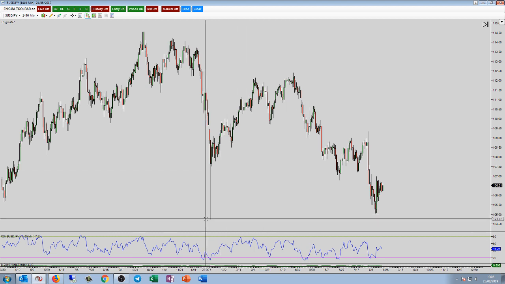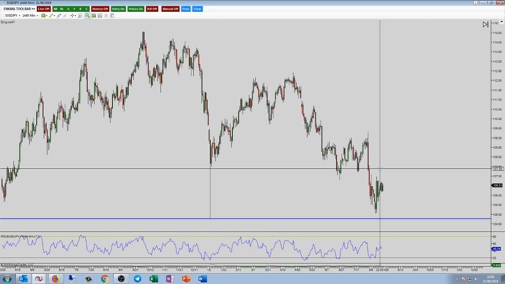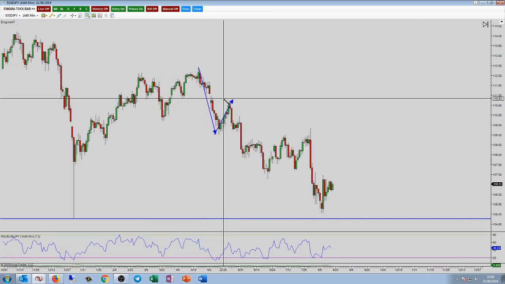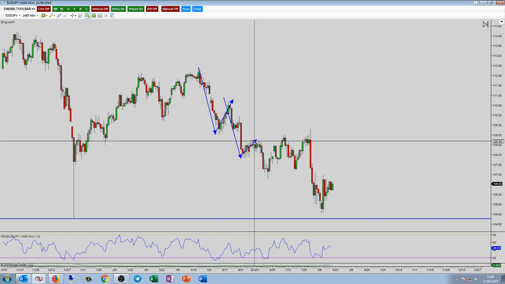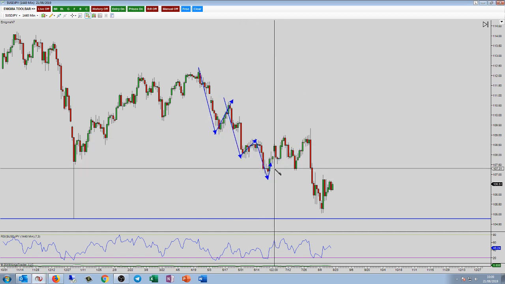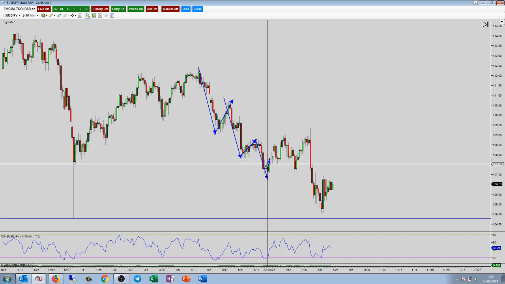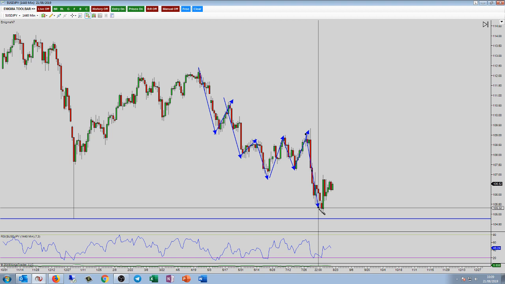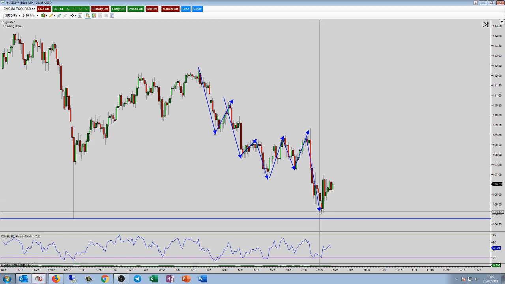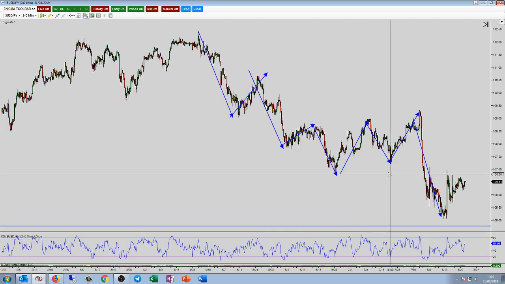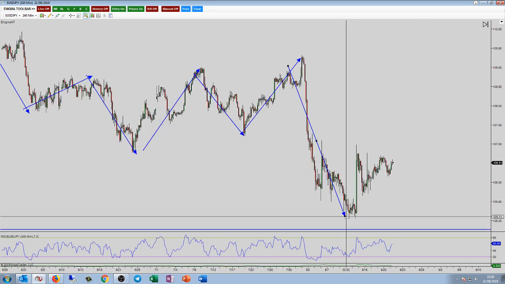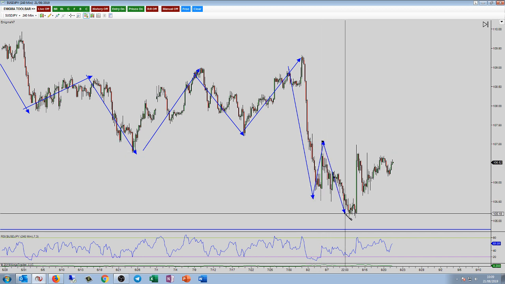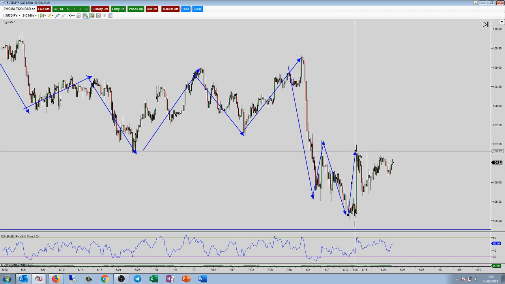So this is our lowest structure level, and we have not come down to test it. We had a move lower, a pullback, a move lower, pullback, move lower. We then violated structure the wrong way, bullish, sideways movement, and then we broke to the downside. On the 240, this is the reason then that this, although it may look like a head and shoulders, doesn't meet my rules, because it did not come into the structure lows.